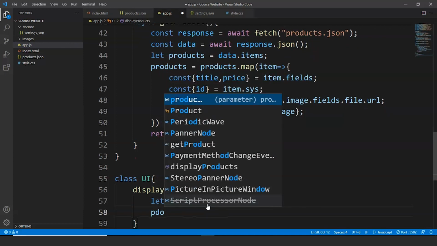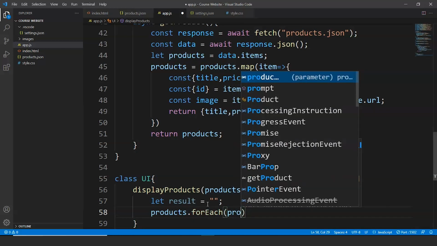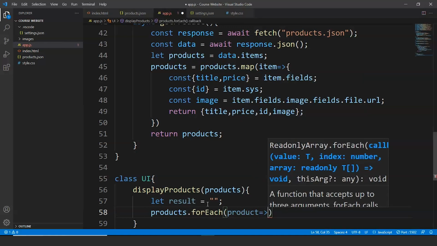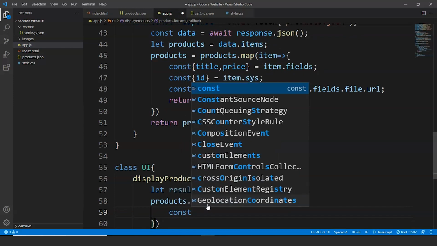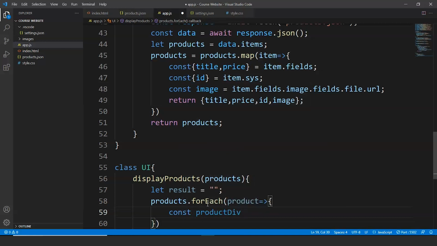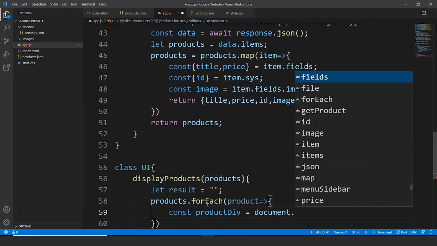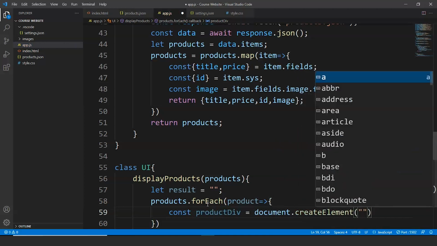Next line we'll use the forEach loop. So we'll write here products.forEach, and inside this we'll create an arrow function. So we'll write here const productDiv, let's say, is a variable, and then we'll write here document.createElement. Again we are going to create an element, so we'll write here div,